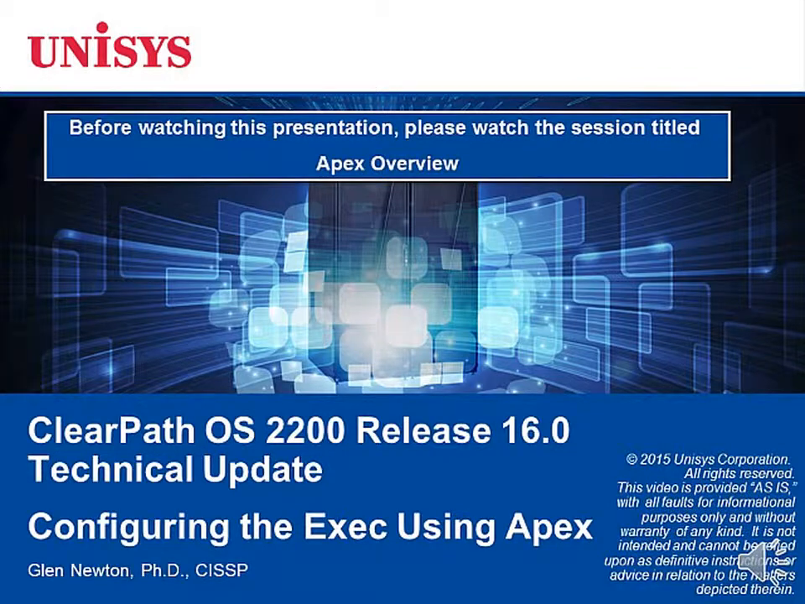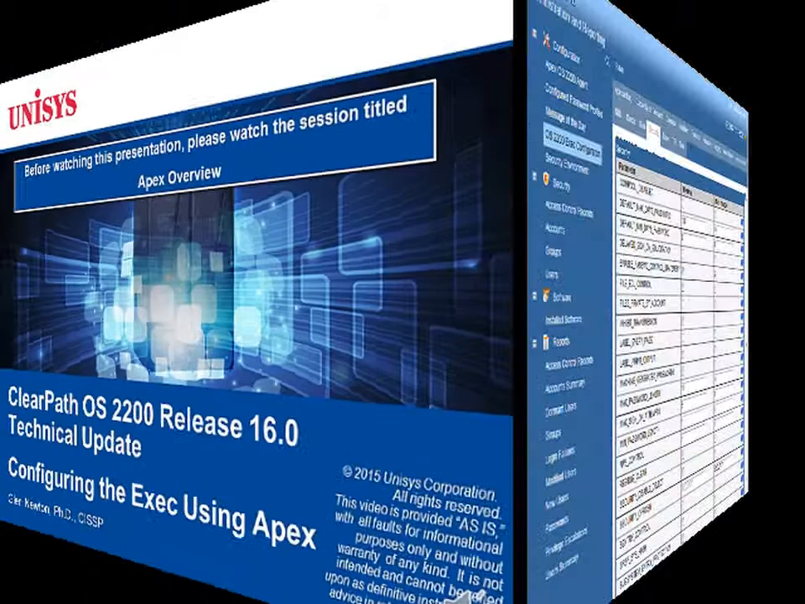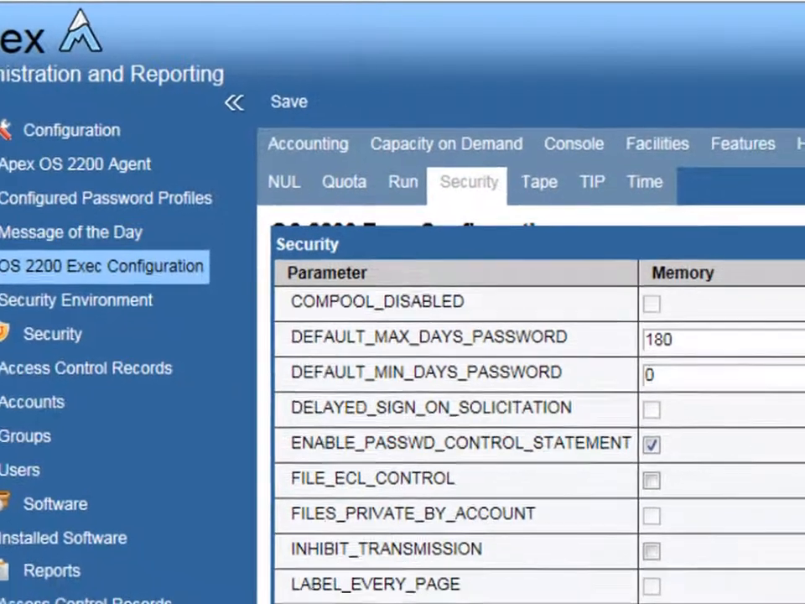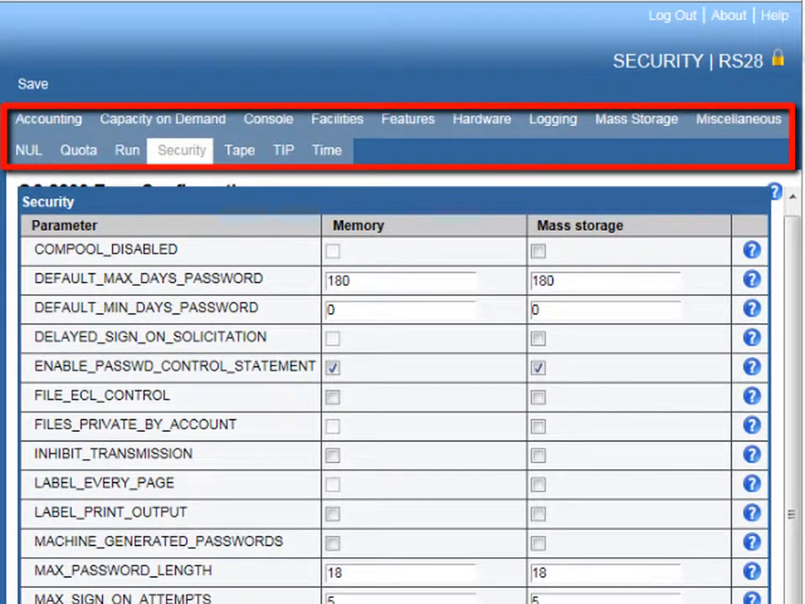This technical update shows you how to configure the OS 2200 exec using Apex. From the Apex home screen, select OS 2200 exec configuration. You'll see that the configuration parameters are organized into a number of categories, and within each category you'll see that